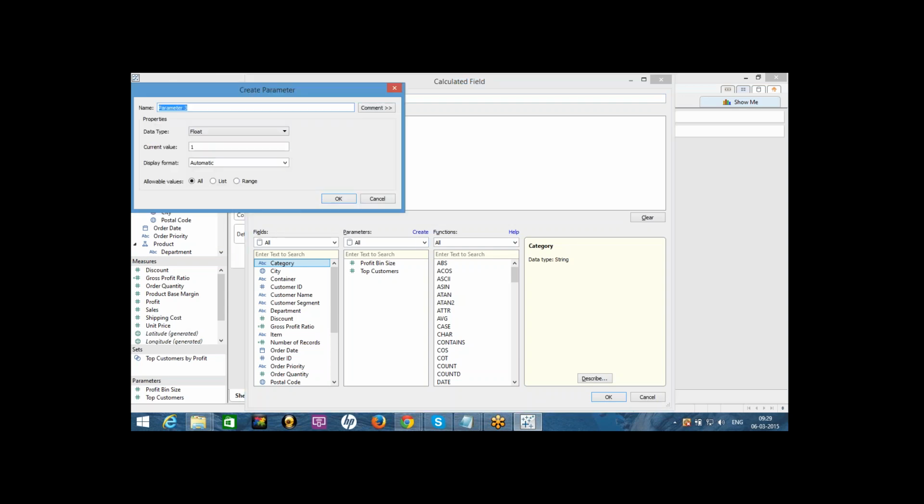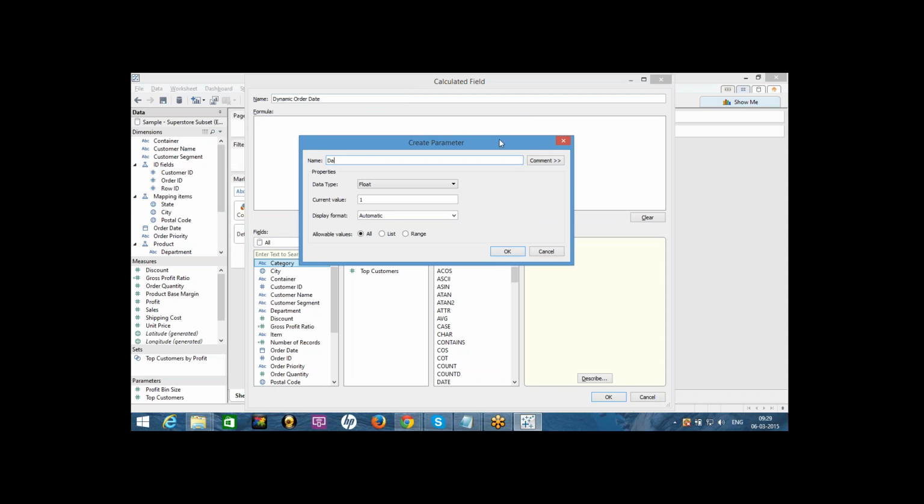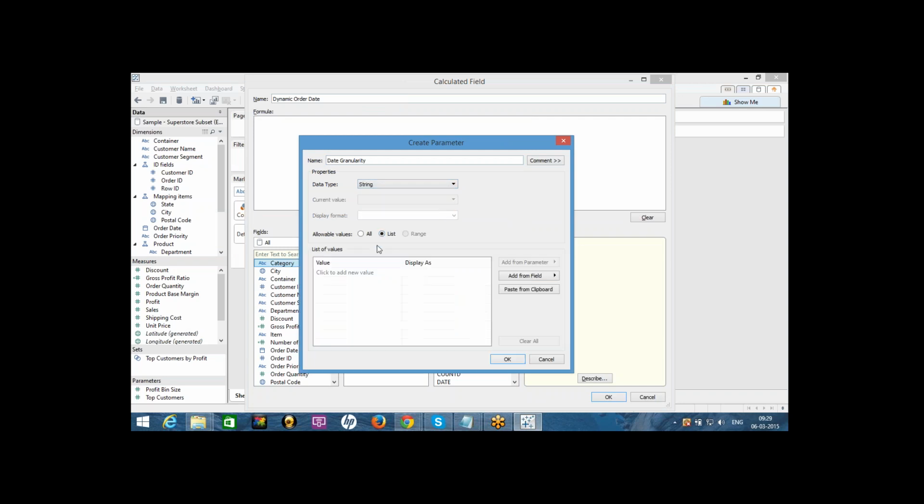And here I'm creating a parameter, date granularity, and I'm selecting data type string, the list: year, quarter, month, week.